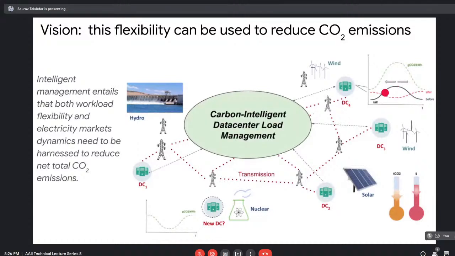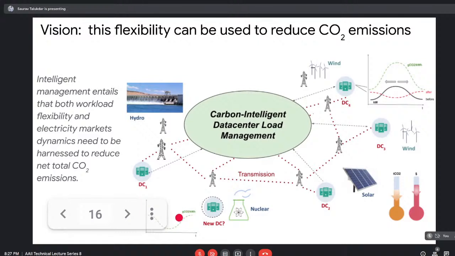So meaning that we are running a lot of tasks also in the unclean time. Now, when we looked at the carbon profile, the green line is the carbon profile of that power grid out there, and we found that there's a lot of carbon intensity during the middle of the day. And so what this carbon intelligent load management platform does is that it would take away all the flexible tasks and send them to another data center down here, where you can see the carbon profile is actually